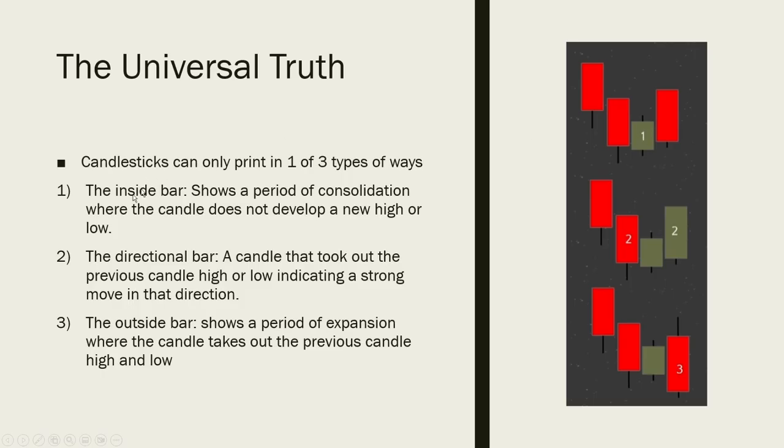It's labeled by 1, and it's called the inside bar. The second type of candlestick that could form is called the directional bar. The directional bar is a candle that took out the previous candle high or low, indicating a strong move in